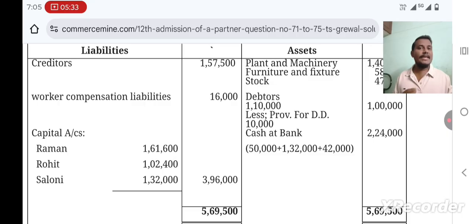So once again I will recap what I have done to find out the proportionate capital. First I will prepare the revaluation account, and then I will prepare the partner's capital account and put all the adjustments and find out the adjusted capitals for the old partners. Okay, then add the adjusted capital for the old partners into new partner's share, which is 5 by 15 in our case, and remaining partner's share, reciprocal it. So 10 by 15 in our case and reciprocal it 15 by 10. We got one amount that is called the proportionate capital for the new partner, and that you have recorded inside